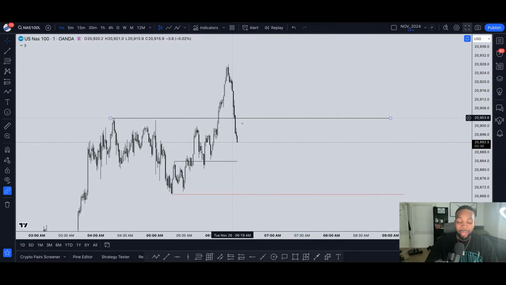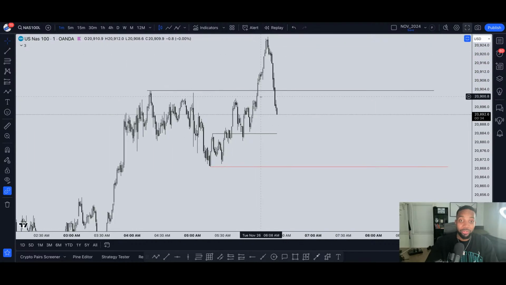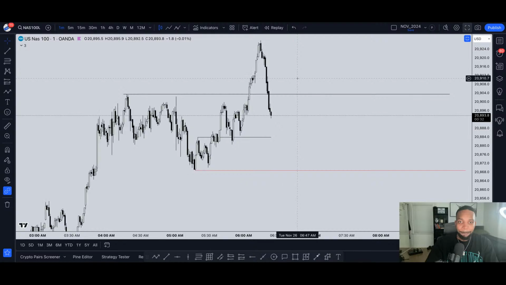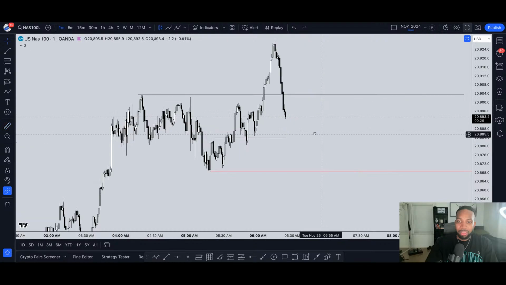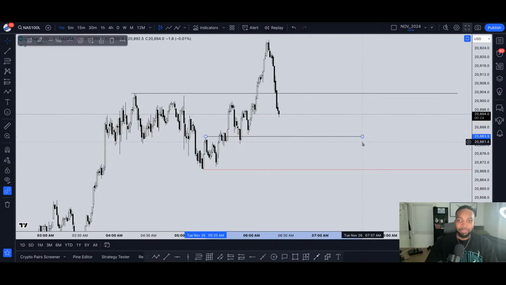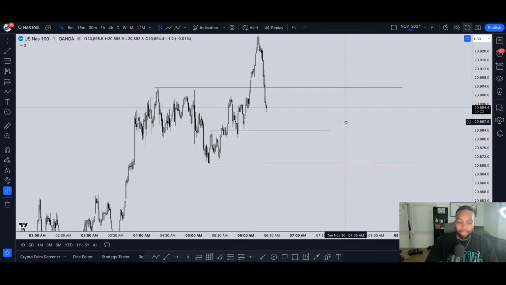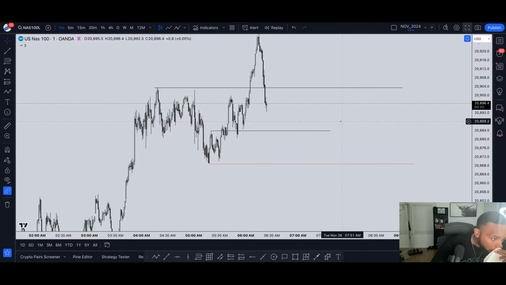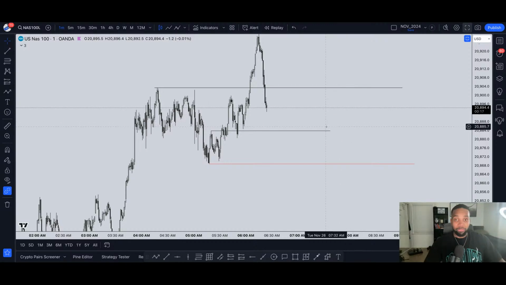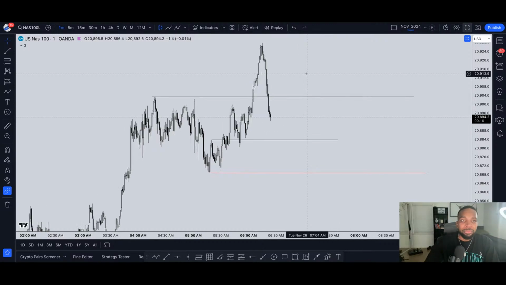It's always best to wait for the manipulation first. So we were here, back in the buy zone. This is the better, deeper buys right in there. Let me see. Perfect. Let's go to the 5 minute.